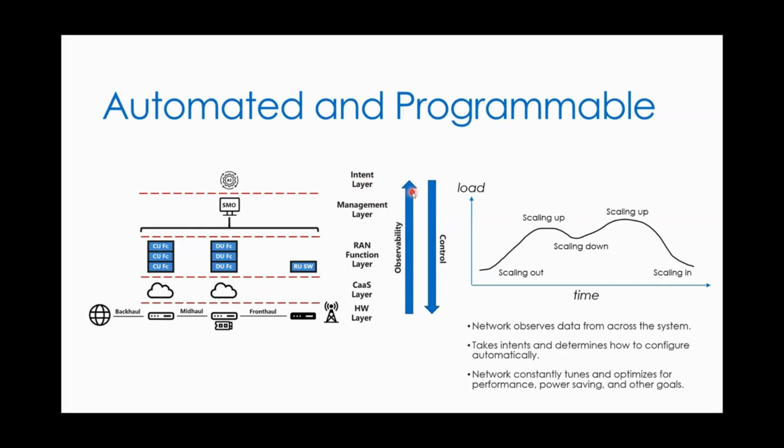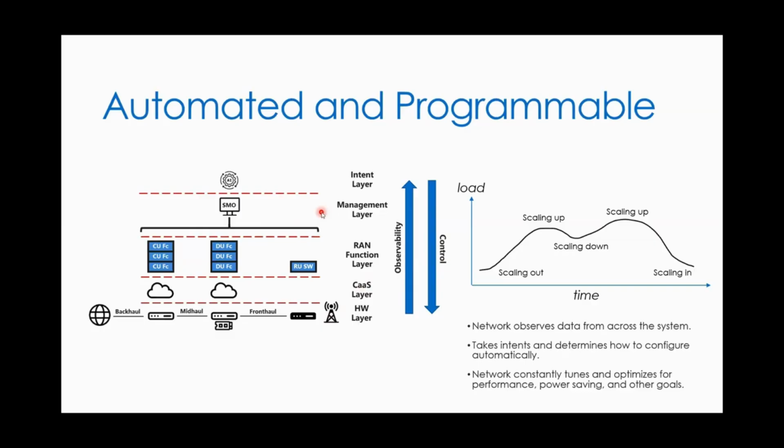at all the observability of the system. So whether that's coming from hardware, temperature, utilization, all that kind of thing, the containerization layer, how much compute resources are being used, what failures there are, all that kind of thing. RAN function, what is my throughput, KPIs, all those sorts of things. Those all get fed to the management layer, and that is given to the intent layer.